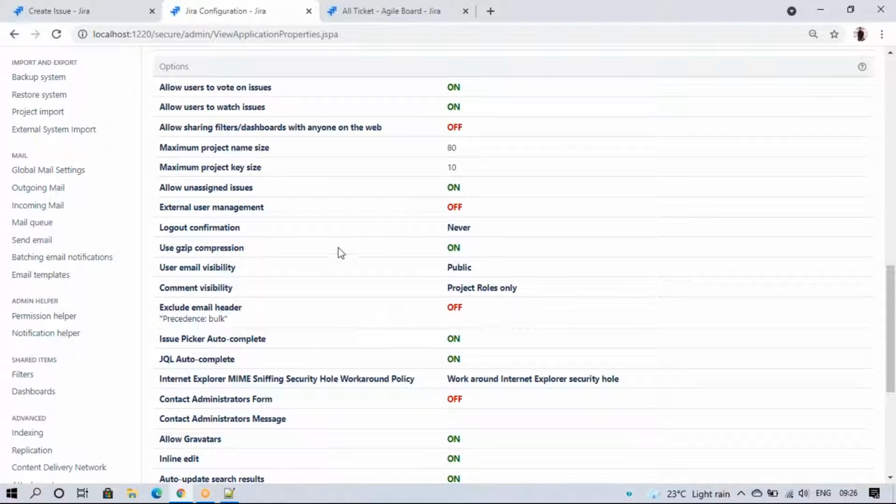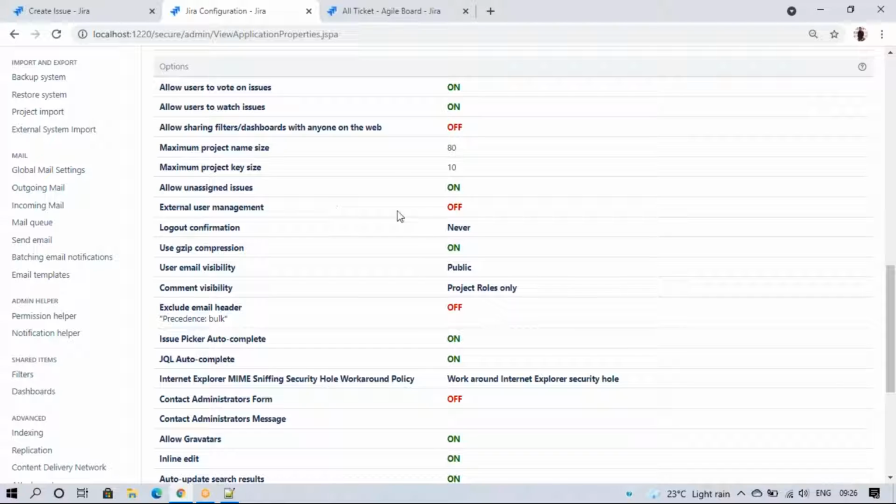So this is for the entire Jira instance, not related to one project. If you want it related to one project, that is okay. We can put it in the field configuration, where the assignee field is required, or else in the validator, we can put that the assignee field is required. But if you turn this off, it affects the entire instance. So on is not secure in anything.